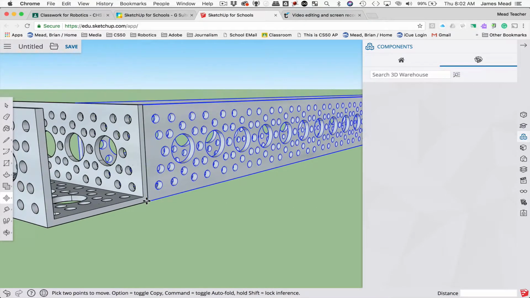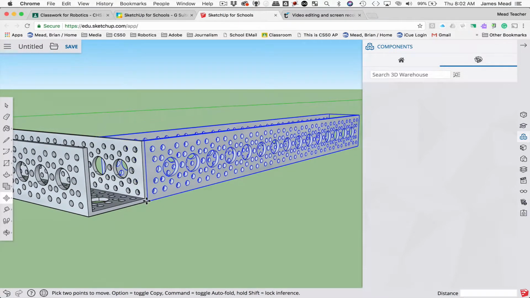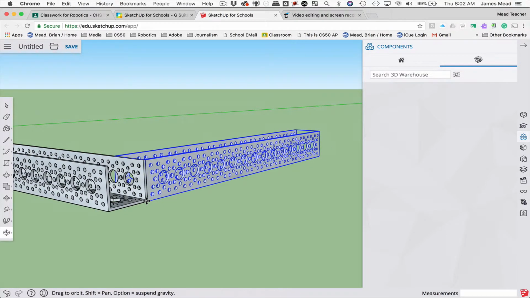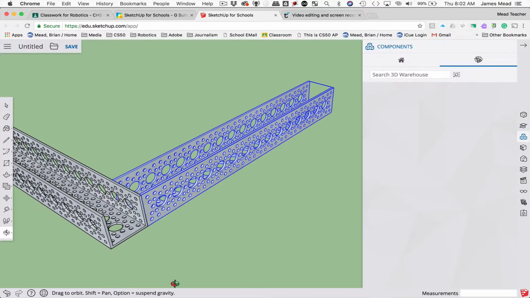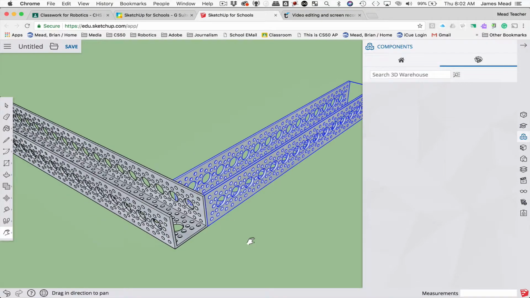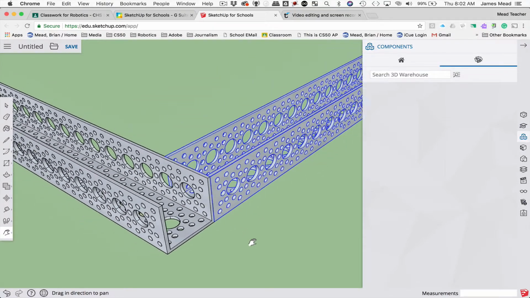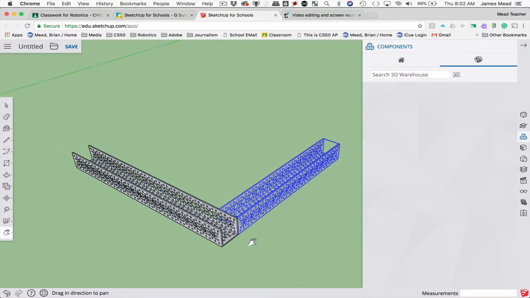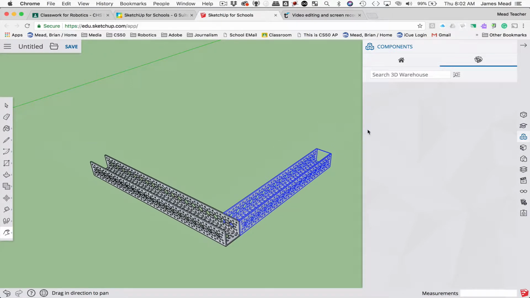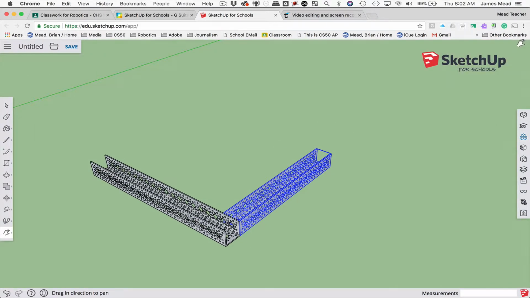There we go. So now, zooming out a little bit, I'll tap O for orbit, and I can move around to get a better view. H for hand. I'm going to zoom out just a little bit more. Okay, that's great. So I have the first two. Now I can certainly go back into the 3D Warehouse to grab 2 more pieces of channel, but I don't really need to do that. I'm going to instead